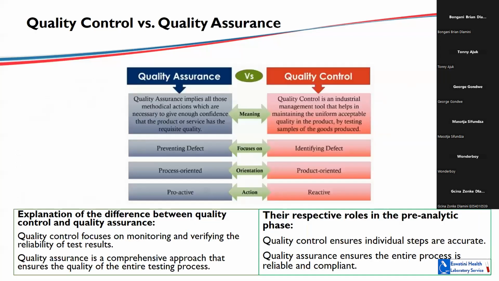Then even the tests that are being ordered, we need to double check and verify when we capture them into the system, so that we avoid running tests that are not actually ordered, because results